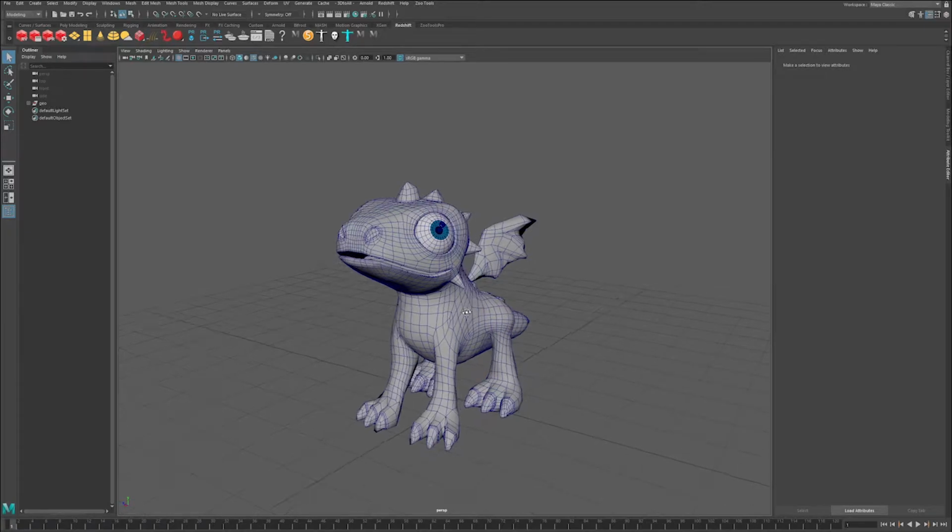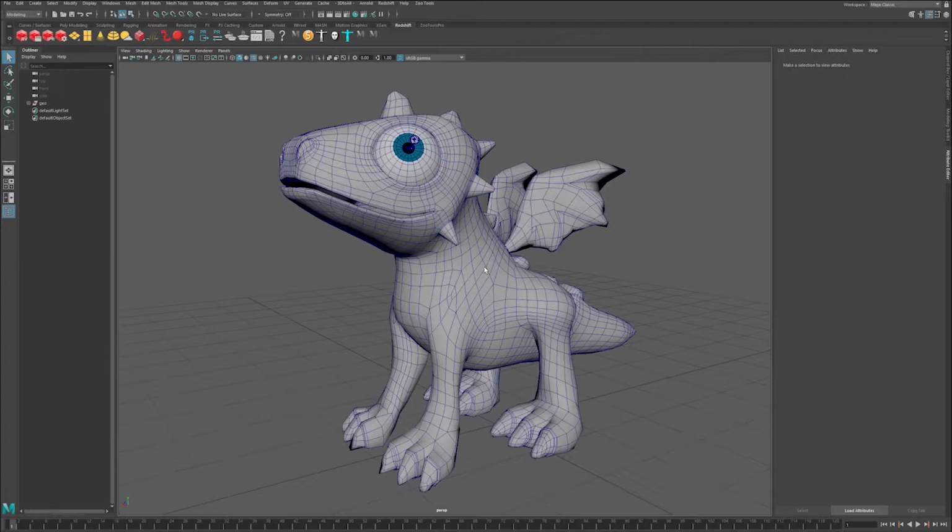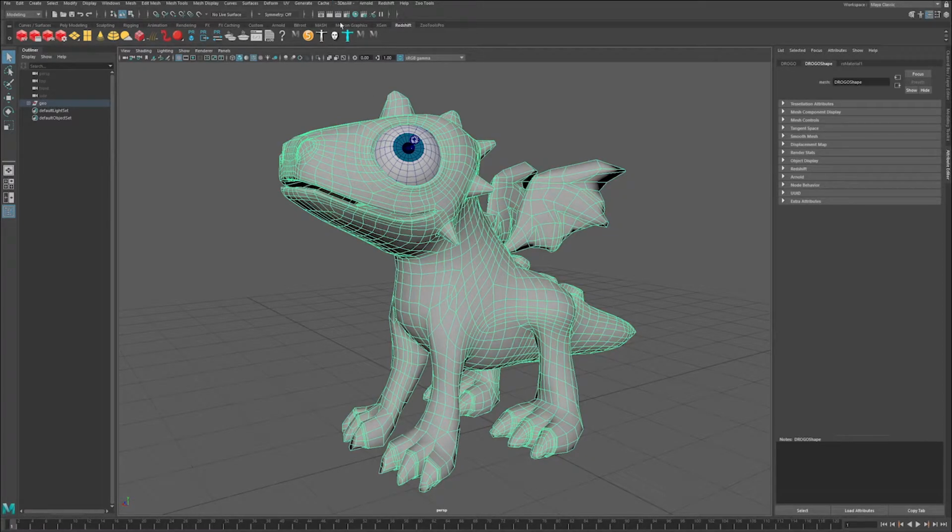Today what I want to talk about is actually texturing a little dragon that I have created here. So I just finished modeling this little cute dragon, and I want to show you how I've